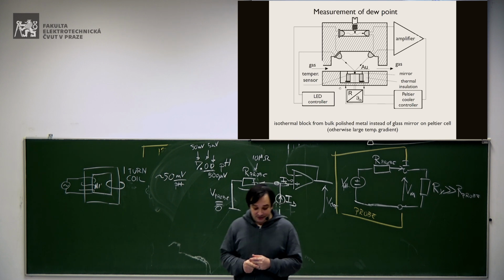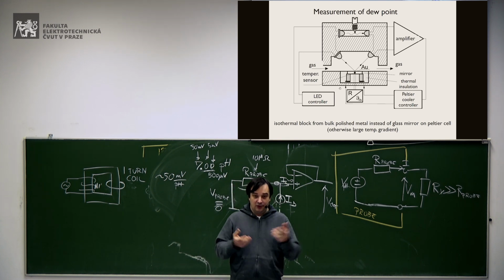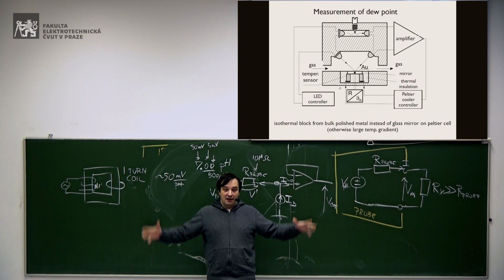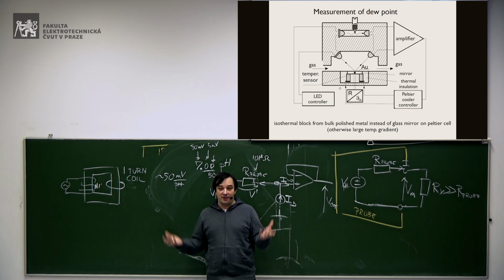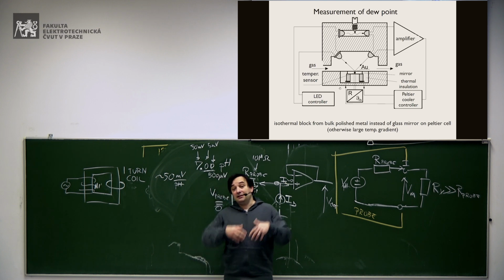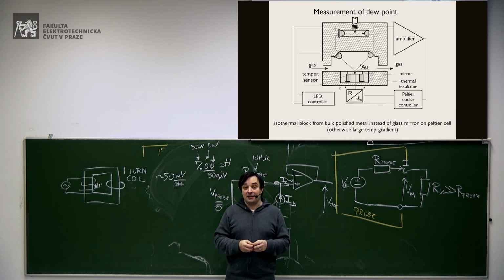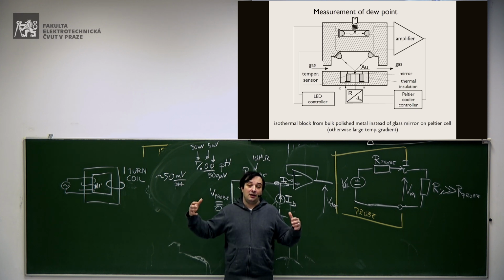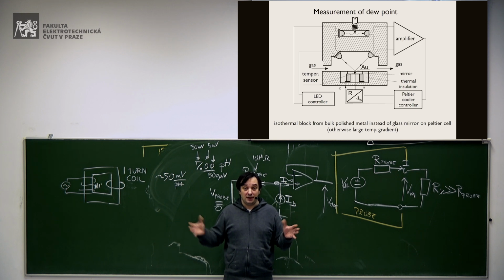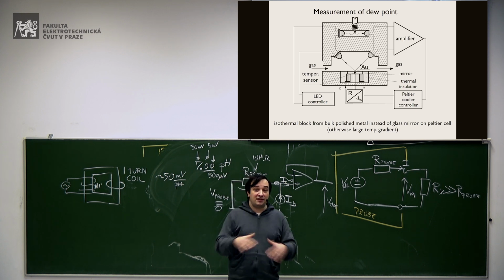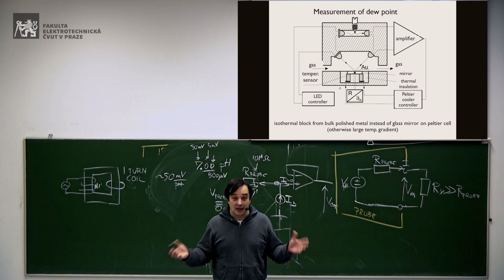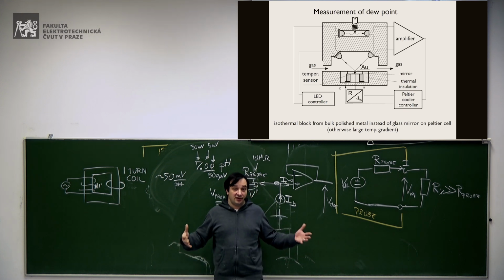Measurement of dew point. Do you know what dew point is? Basically, if you have a certain amount of humidity in the air at a certain temperature, well, then the air can take less or more water before condensing, depending on temperature, okay? So let's say that now we have, I don't know, 60% humidity here, and this with 20 degrees.